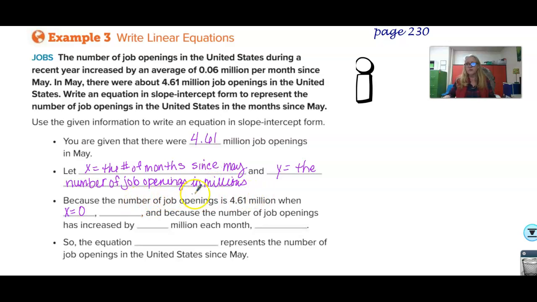Okay. Because the number of job openings is 4.61 million when X equals 0, B equals 4.61, and because the number of job openings has increased by 0.06 million each month, then they want you to write M equals 0.06. That's the rate of change. So the equation Y equals 0.06x plus 4.61 represents the number of job openings in the United States since May. Could they make that any more complicated? Okay,